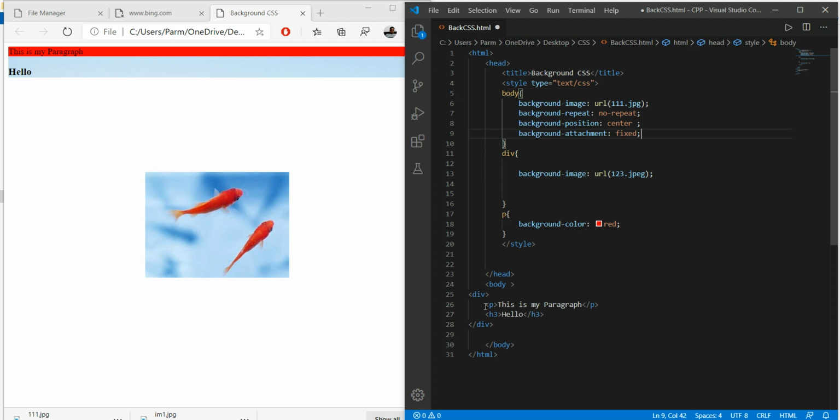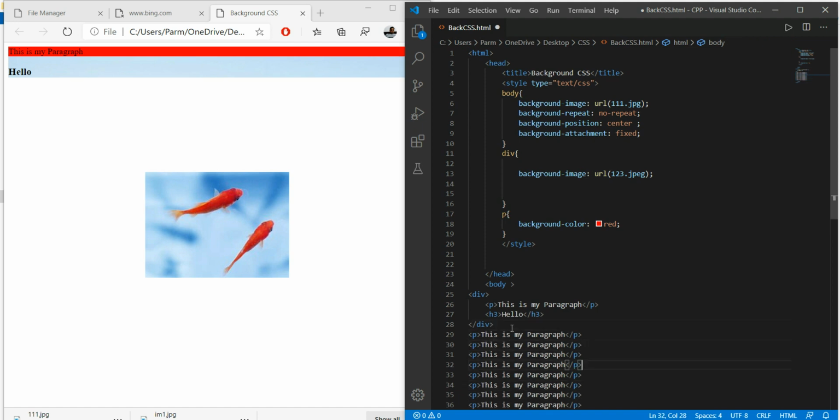So for this reason what I will do, I will copy this, Control C, here I will go, and here I will Control V. I'm just increasing the size so it will become scrollable, because position works when it is scrollable.